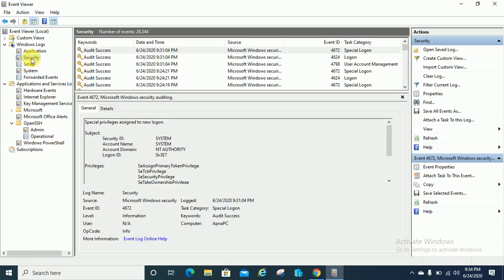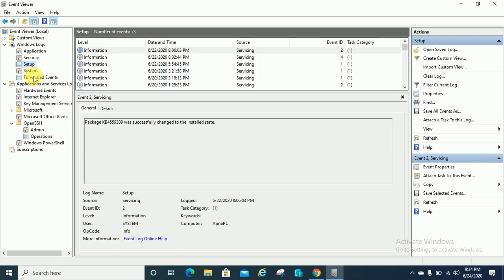So through Event Viewer, what we can do, we can identify who is logged in on our system, and who is trying to reset the password. Everything which is going on your PC, it will be recorded here as a log. If any modification or any changes are done on your PC, then it will be recorded here as a log, either in Security or Setup or System.